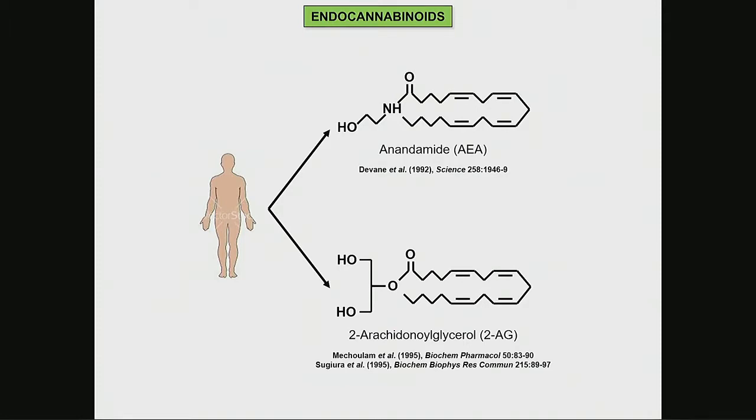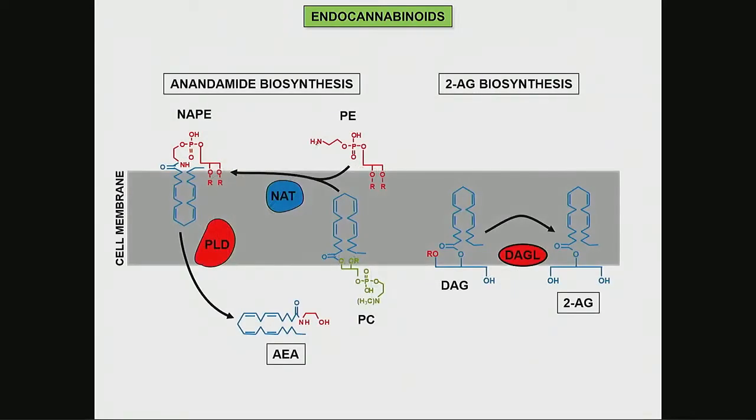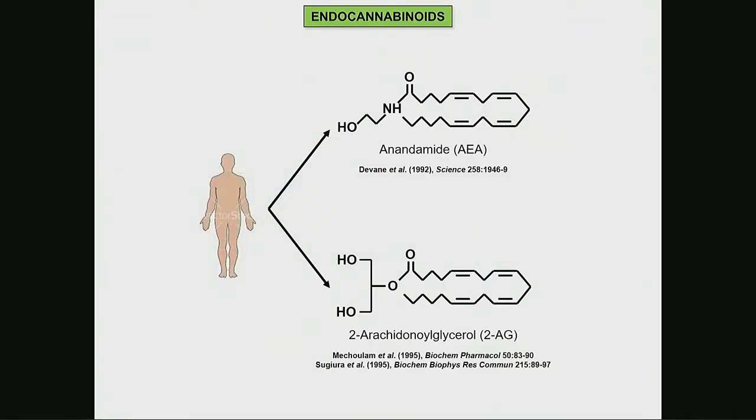Well, we have cannabinoid receptors because we produce something in our bodies that interacts with these cannabinoid receptors. And those molecules are called endocannabinoids. Endo because they are produced endogenously. And the main ones are these two, anandamide and 2-AG. For those of you with a chemical background, you will see that they are both arachidonic acid derivatives. So they are lipids, they are fats.